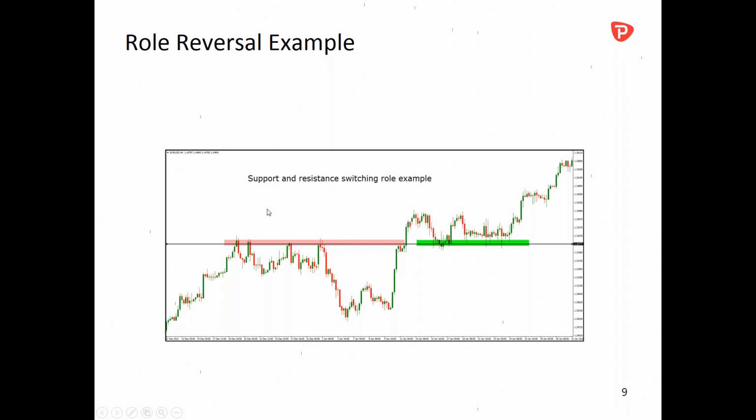So the problem with a lot of breakouts when they first break out of a resistance zone is quite often it is a very large candle, as you can see here, and it does happen quite often. Unfortunately for a lot of traders, it means that you may not be able to actually get on it at the time, especially if you're waiting for confirmation. Like Thomas said, your risk reward is going to be way out of whack if you're only getting this